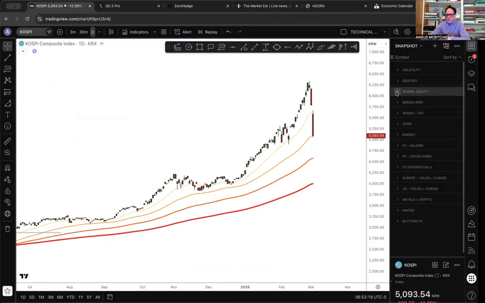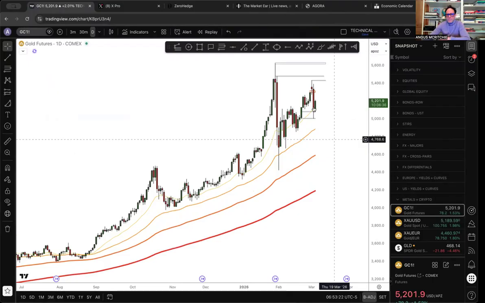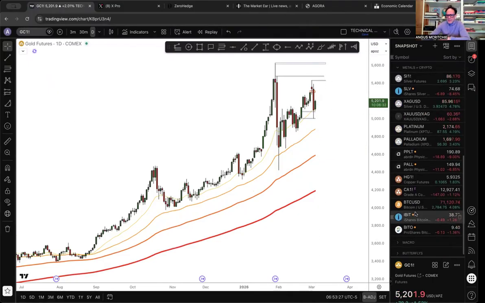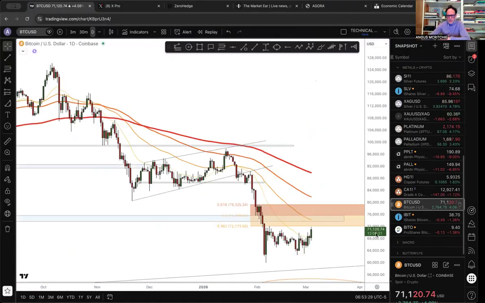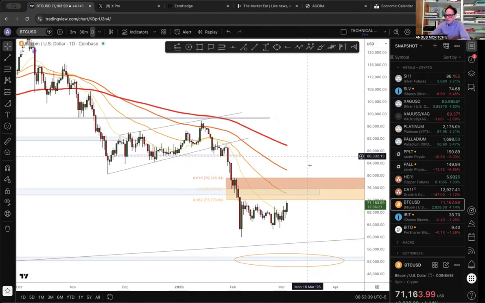Okay, guys, so I might leave it there. Just want to have a quick look. You see the metals here just trading within this range. But what is interesting, BTC, as I was saying yesterday, forming a little bit of a base here and breaking out essentially. You see the 20-day moving average starting to move up. So this is very positive, or let's say encouraging, price action.